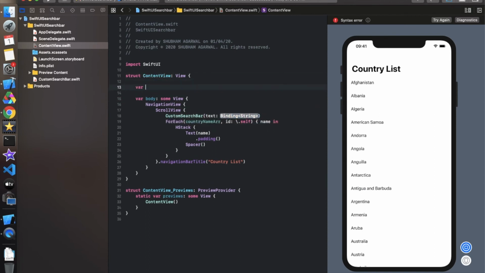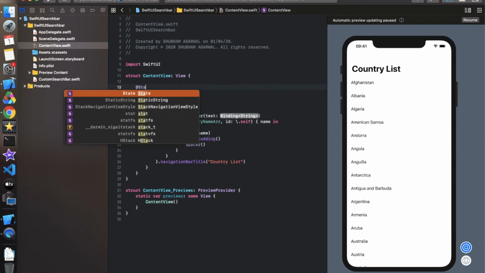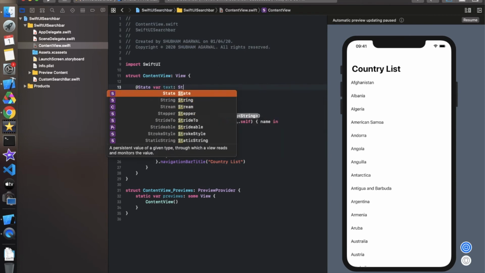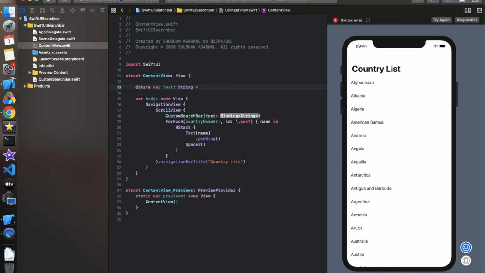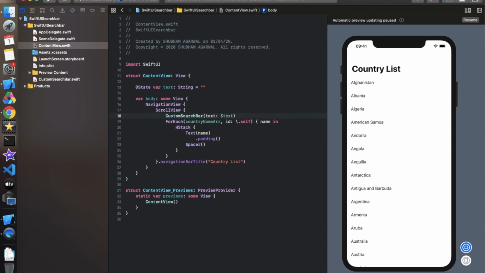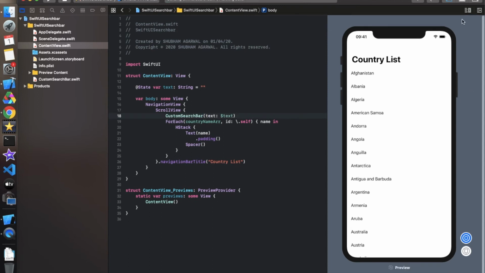So simply use @State first, S should be capital, var text, and it should be of String type like this, and the initial value is nil or empty, we can say. So now we have to use this binding property over here, with the $ sign, $text. So this is how we have created this thing over here.